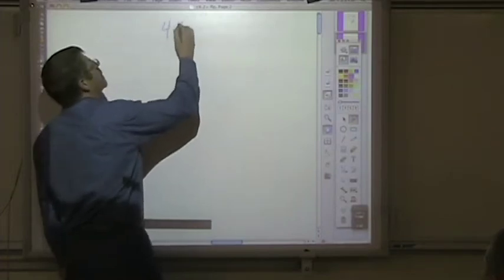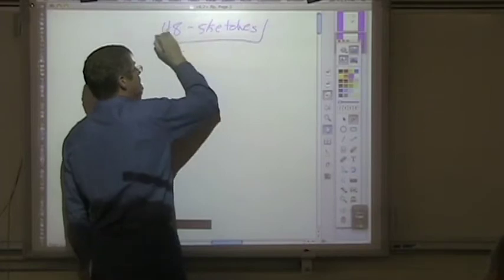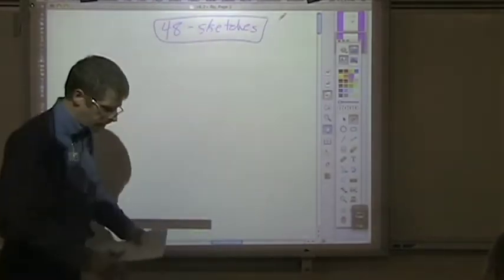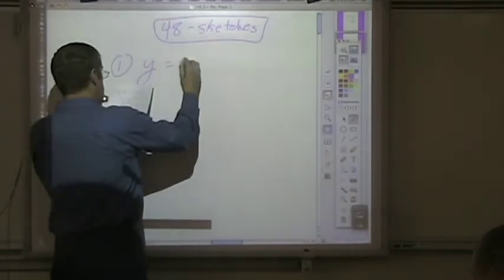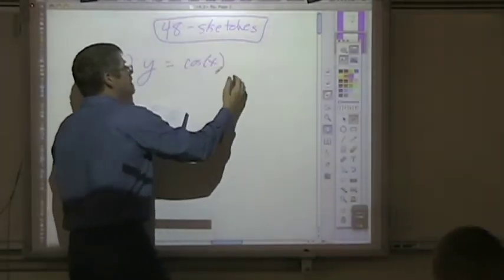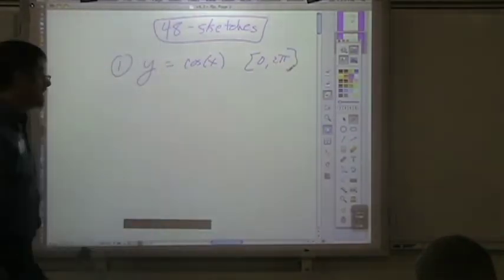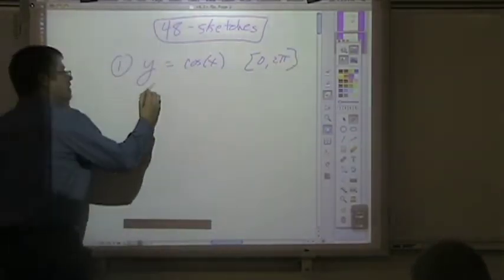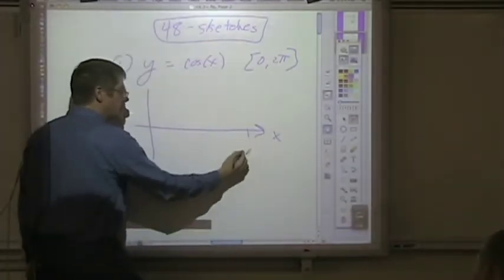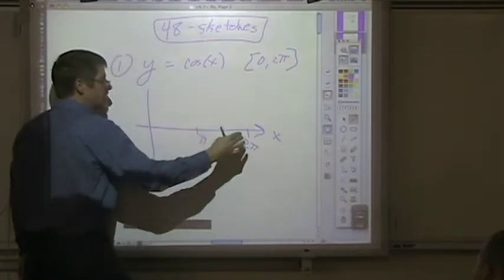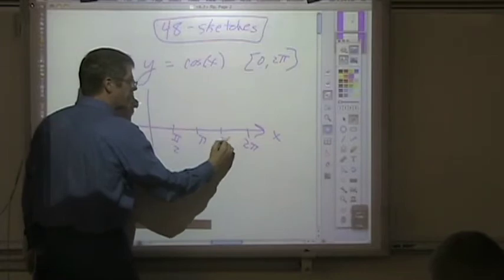It's from the 48 quick sketches. So without a calculator, let's do this practice hot dog problem. Sketch the graph of y equals cosine x over the interval 0 to 2 pi. And if you get stuck, just ask yourself, how would you place the 5 golf balls? Notice I take the period, which is 2 pi, cut it in half again, multiply by 3,